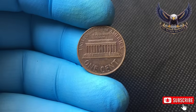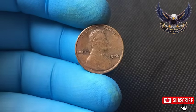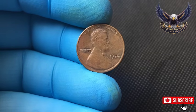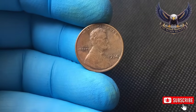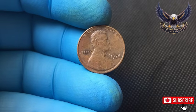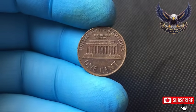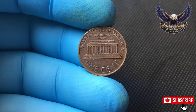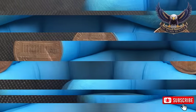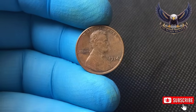Given everything we now understand about this coin's demonstrably unusual planchet composition, researchers believe the lamination flaw is not simply a coincidental additional anomaly, but rather a direct, physically connected consequence of whatever unusual metallurgical process originally produced this coin's non-standard planchet material in the first place. Meaning all three documented anomalies on this single coin trace back, at least in part, to the very same root